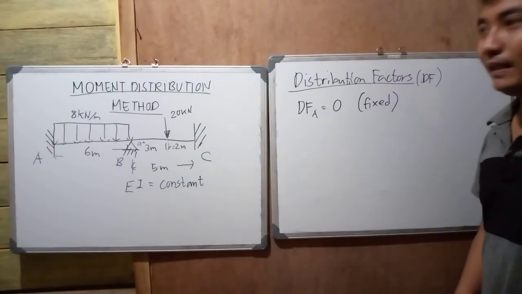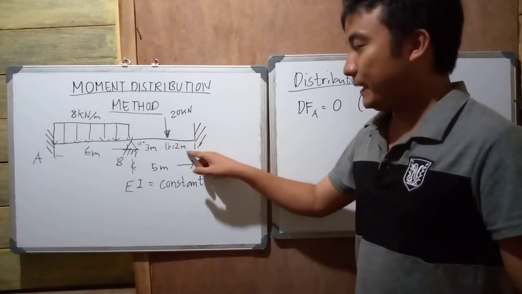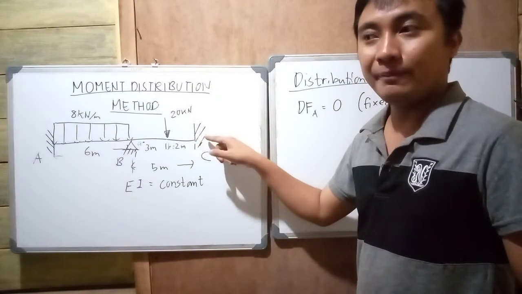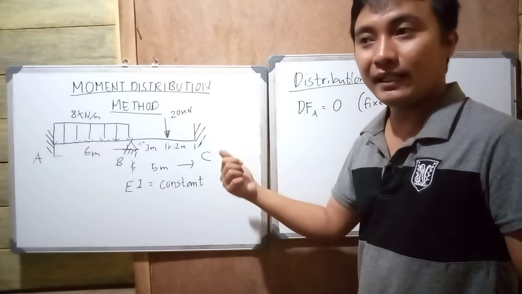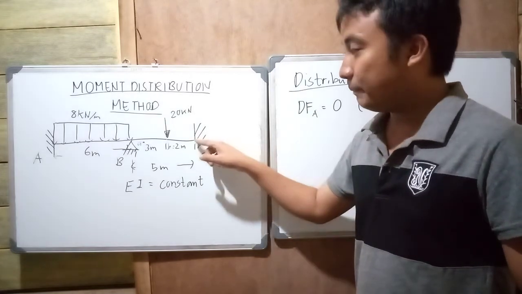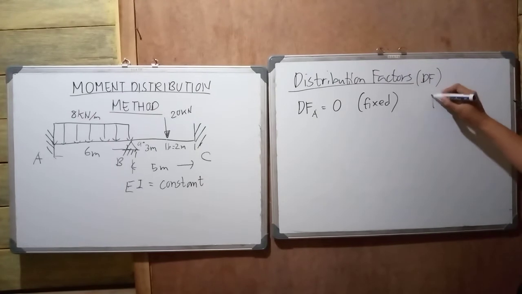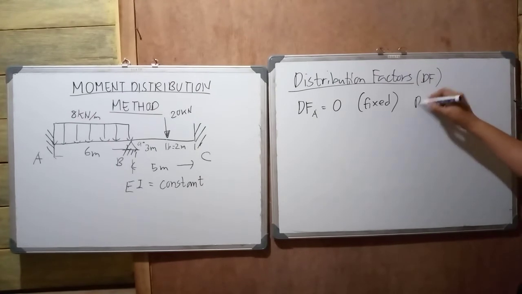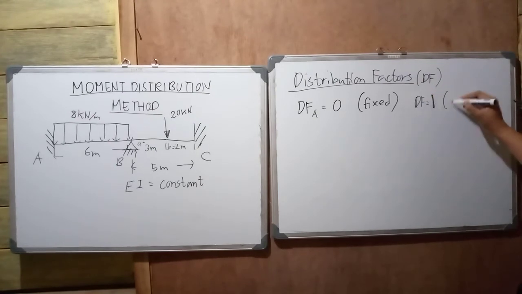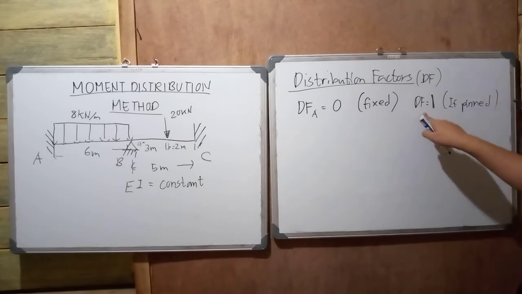Okay? So, what if pinned? So, if pinned or roller yung outside, magiging 1 siya. Okay? So, it should be 1. So, DF is 1 if pinned. Okay? So, I hope